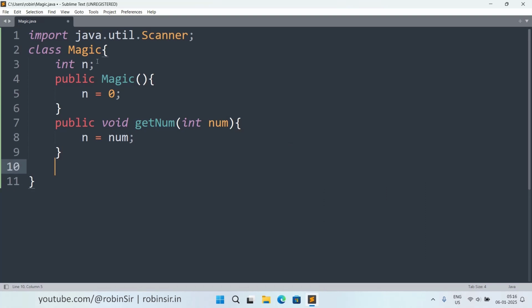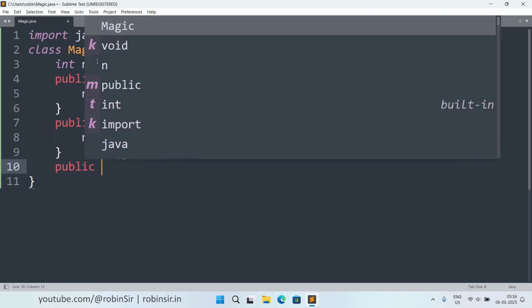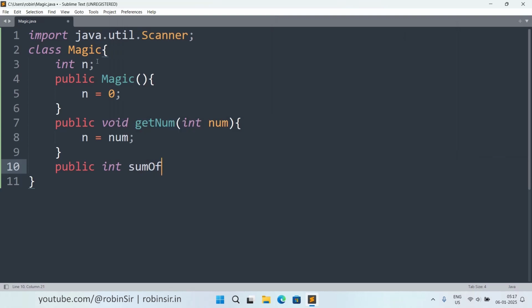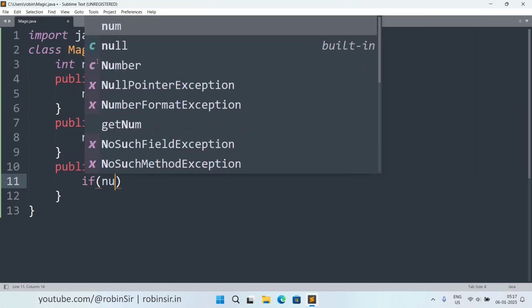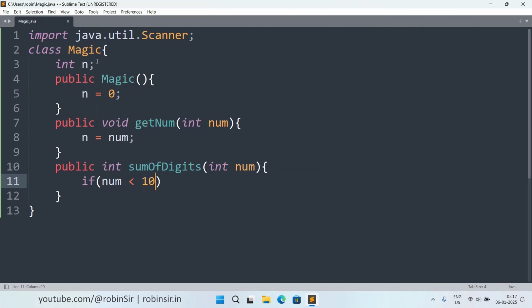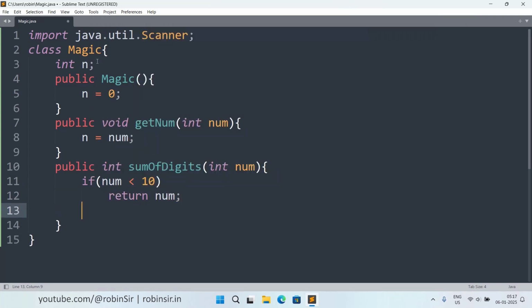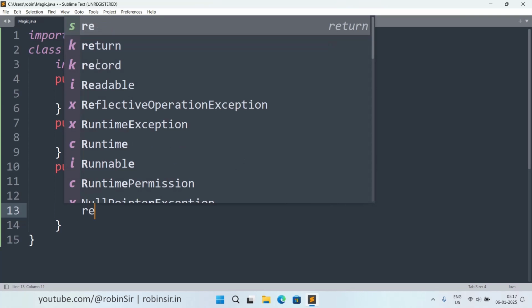Next, we create the sumOfDigits function. So this function is returning an integer. So the return type is int, sumOfDigits, int num. And we can create a recursive function also to find the sum of the digits. If num is less than 10, this is our base case. We have a direct answer, so return num. Otherwise, we return